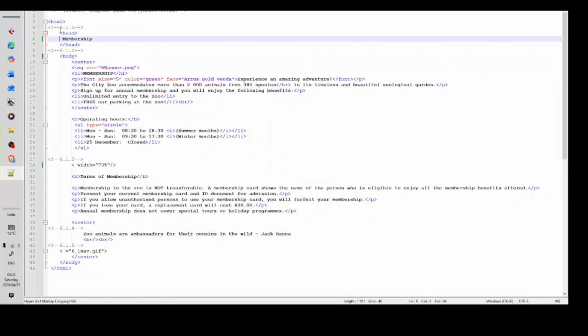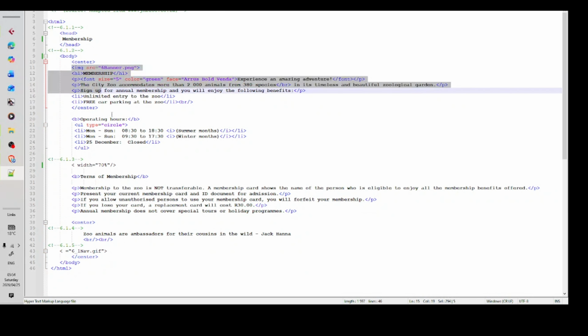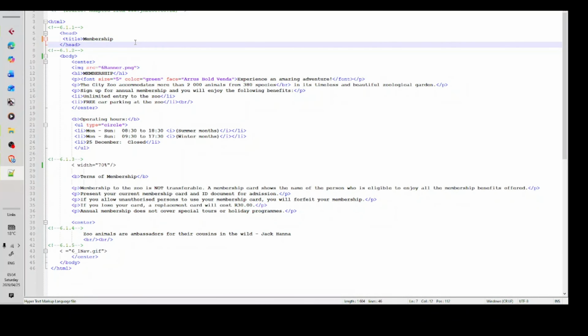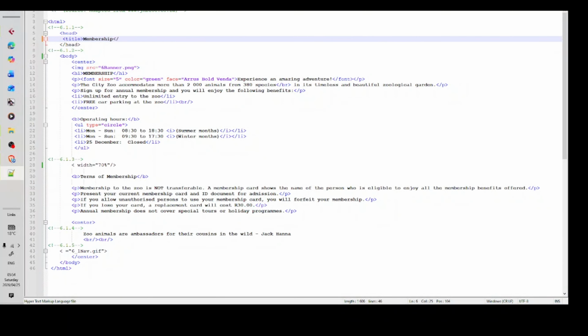We are going to just make sure, remember your basic HTML tags from grade 10. You have your HTML opening and closing, you have your head opening and closing, you have your body also right there opening and closing, and you always work inside the body for things that you want to display inside your web page. Now in this case, this one is on the tab. So if you check on your HTML tag sheet, you will see there will be a title tag. So this is where we are going to insert our title tag. So I'm inserting the opening tag right there, and then I'll close it in front. I'll say title and then close it,